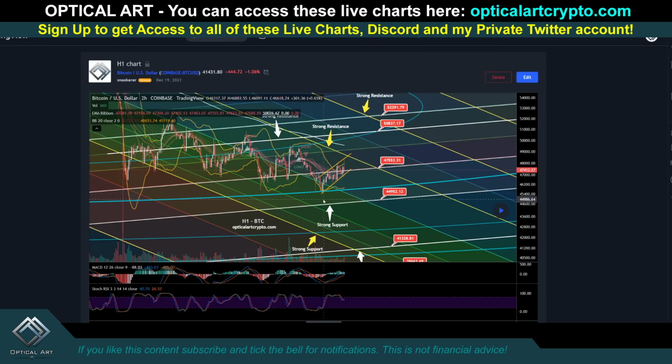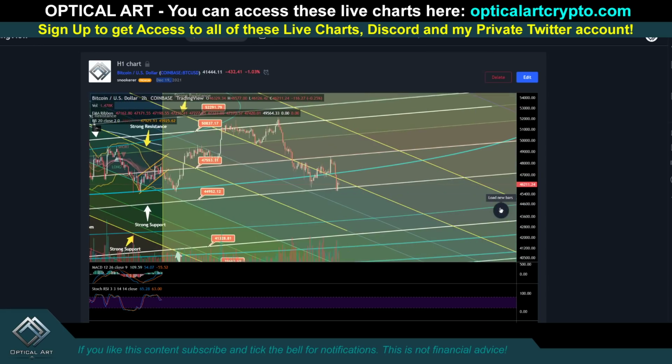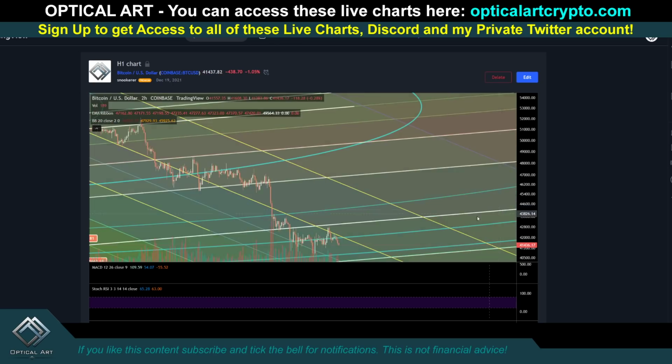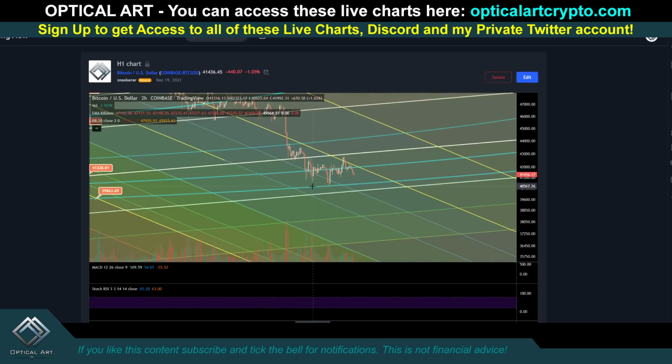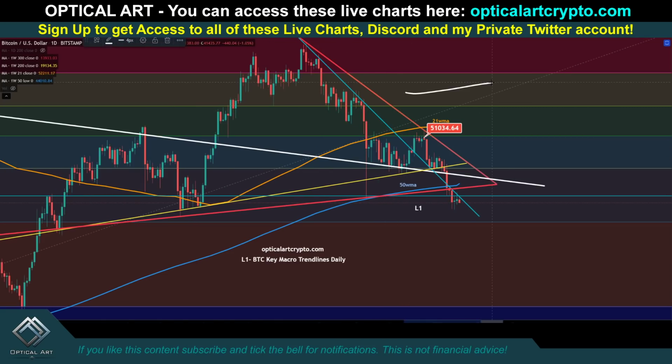And this is how the H1 chart played out, published December 19th. I might play on this. And you can see we came down, found support on this blue ring once, twice, pushed up, got rejected. So your support is going to be down here at this blue ring, and then this is very strong support here. Let's see. So guys, I try my best to help you know when to get in, when to get